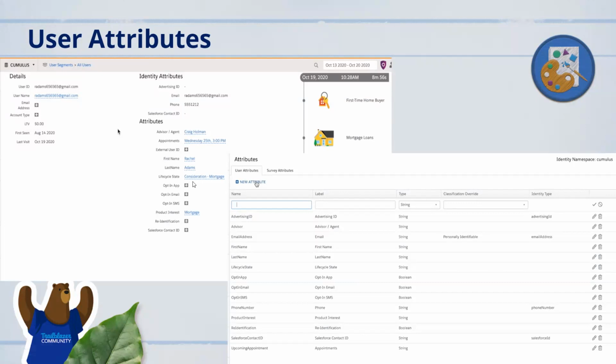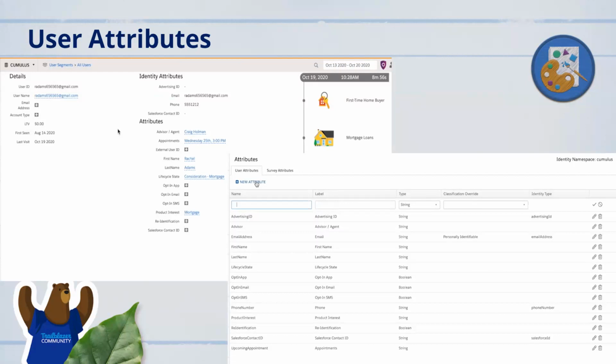On the left, you'll see attributes of each customer. These user attributes can be referenced for segmentation across channels. And if you're using propensity scores, those can be leveraged for the next best offer and next best action decisioning as well. On the right-hand side, in terms of attribute customization, you're easily able to create new attributes